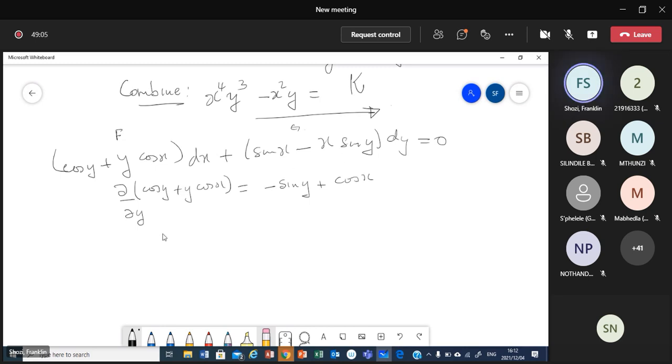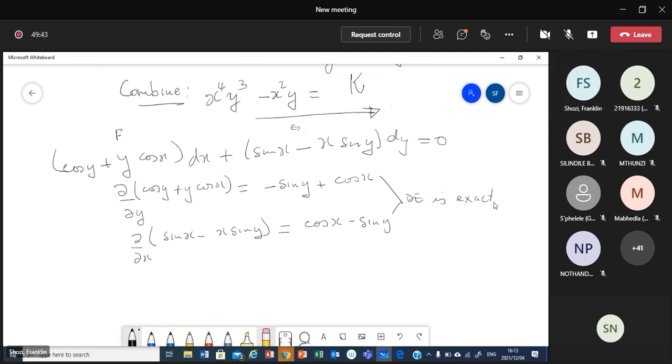Now the partial derivative with respect to x of sin x minus x sin y. What are we going to get? The derivative of sin x with respect to x is cos x, minus. Which one is a constant here? It's sin y, the whole of that. What is the derivative of x then? It's just minus 1. So bring back sin y. So it's cos x minus sin y. If you look at these two, they are the same. There is minus sin y, cos x. Therefore the DE is